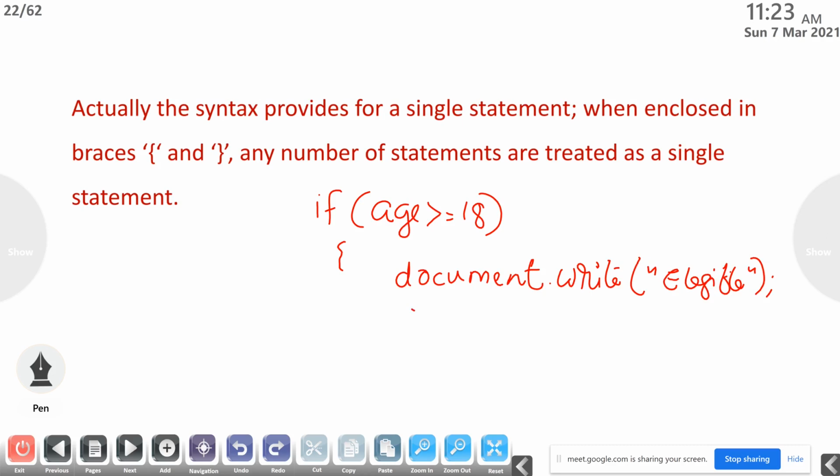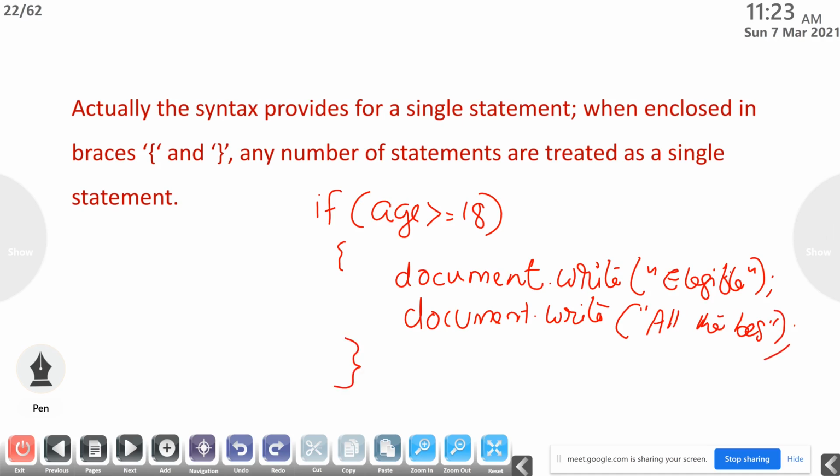Then we want to also give another statement along with this, that is document dot write, all the best. Then we are giving the closing brace.